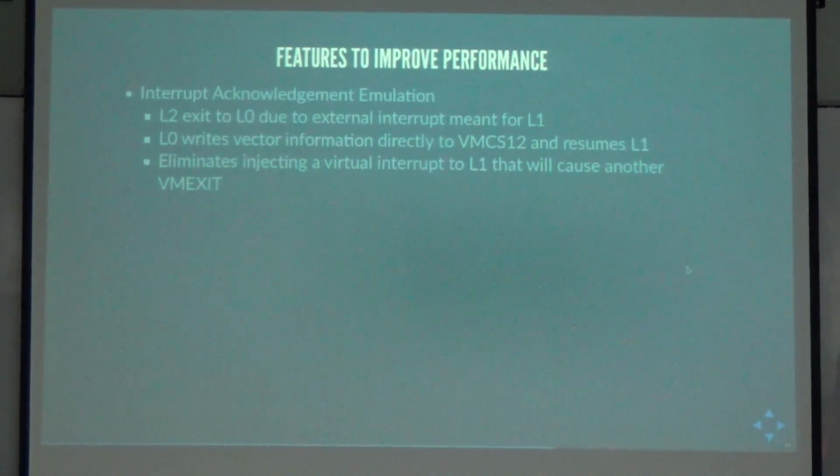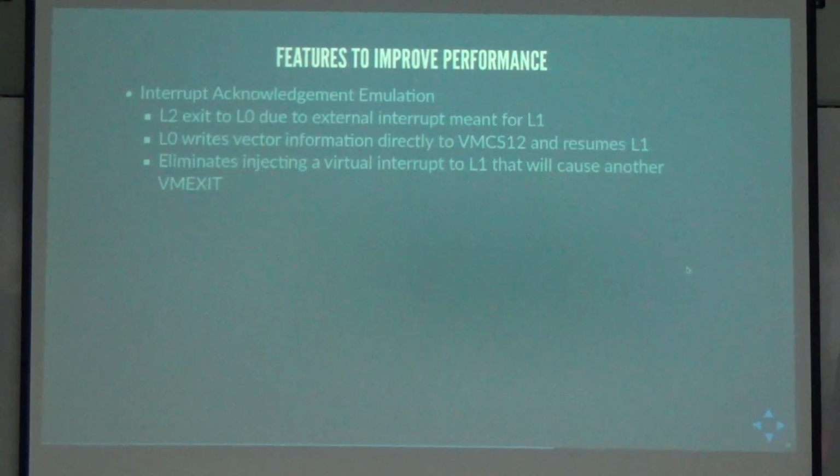Interrupt acknowledgement is basically a way to write the interrupt information in the VMCS so that you don't have to inject a virtual interrupt. For example, there is a key press and you need to inject that interrupt to the guest because it's the key press for a window inside the guest.